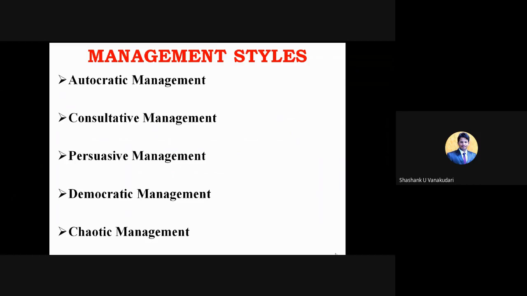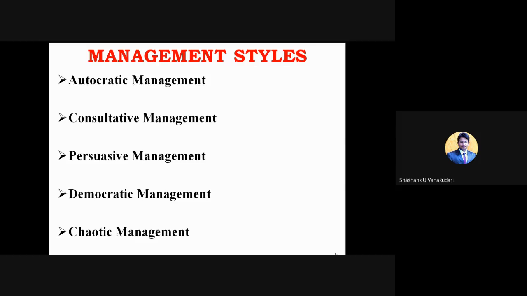First one starts with autocratic management, then consultative management, followed by persuasive management, then democratic, and at last chaotic management. So there are five different types of management styles. Each differs with respect to commands as well as the decision making process. We'll start with the first one, that is autocratic management. So here